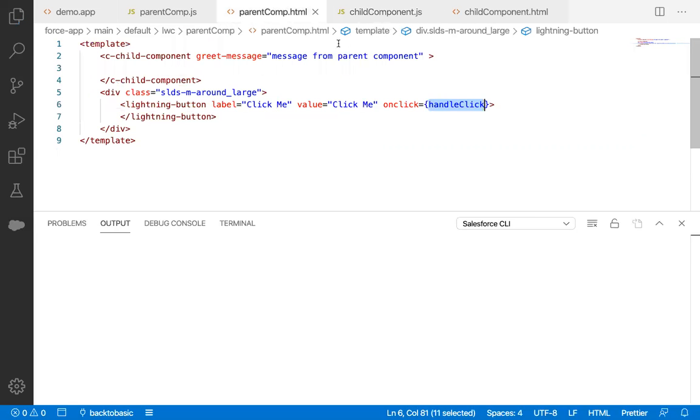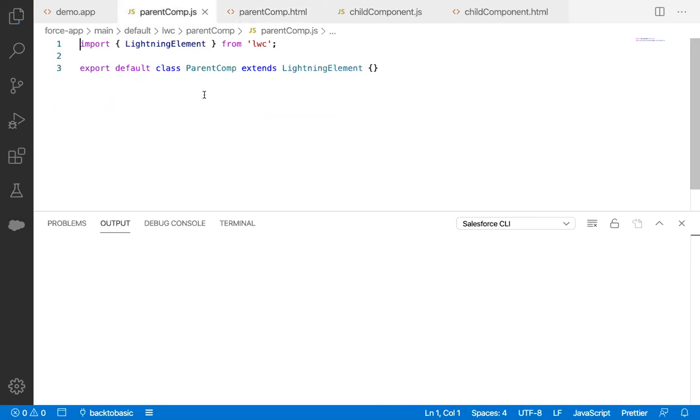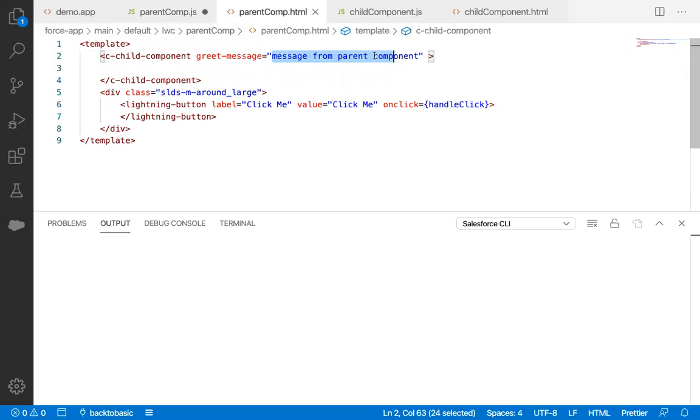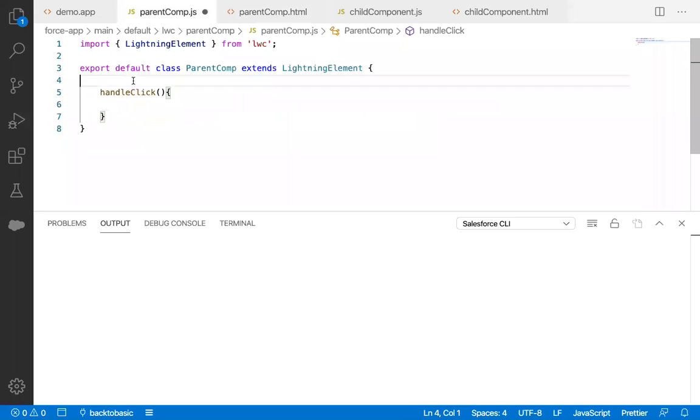So let's quickly open the JavaScript file for our parent component. I will quickly create a method here. As of now, we are binding a static value. Now what we will do is bind a dynamic value, the value that we will be getting from the JavaScript side. So let's quickly create a variable here